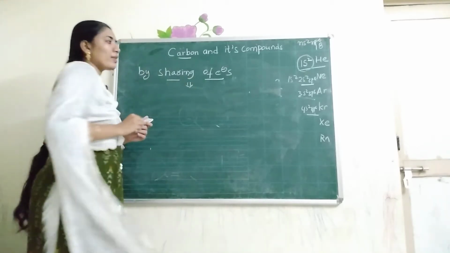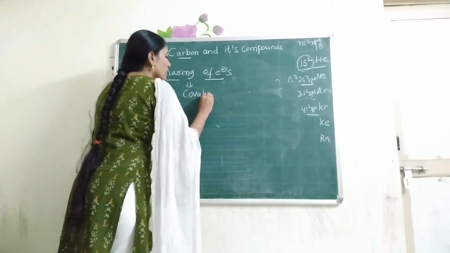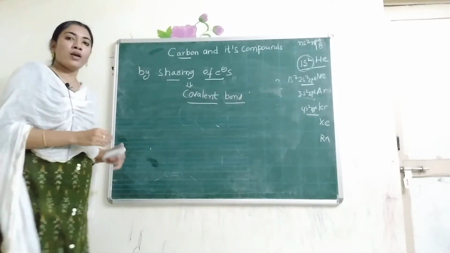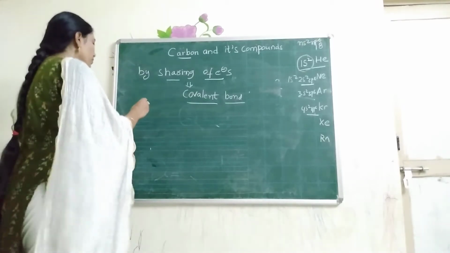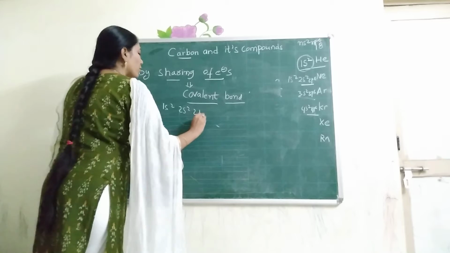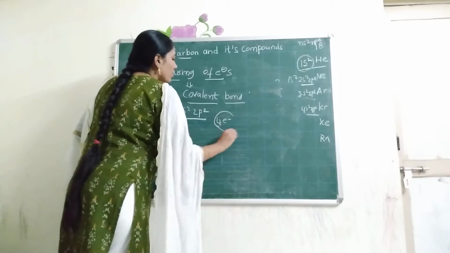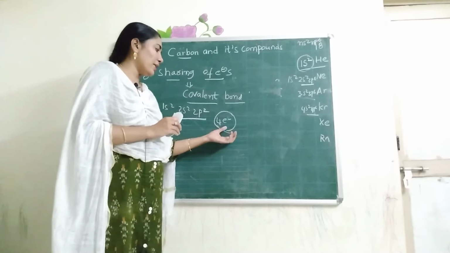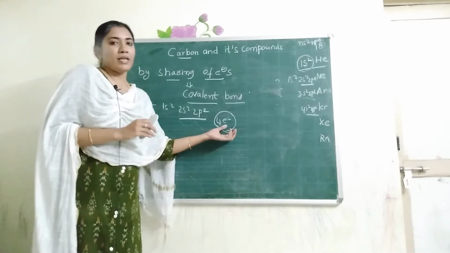The bond which is formed by the sharing of electrons is known as what? Covalent bond. The bond formed by the sharing of electrons is known as a covalent bond. Now let us see. Here the configuration is 1s2, 2s2, 2p2. It needs how many electrons to get octet configuration? It needs 4 electrons. So the carbon forms how many covalent bonds? 4 covalent bonds. Because it needs 4 electrons, it shares the 4 electrons with other atoms and it attains octet